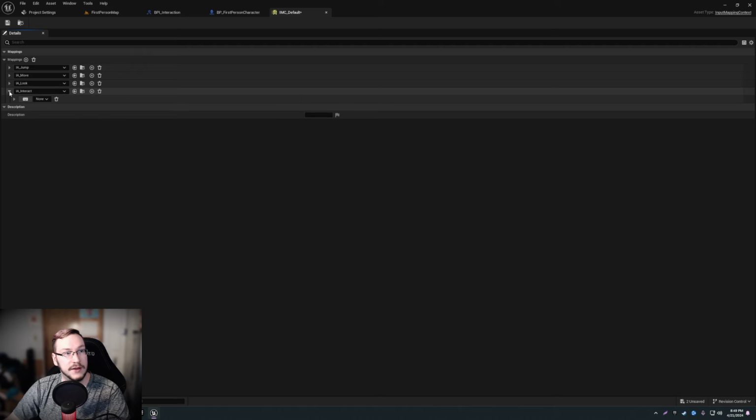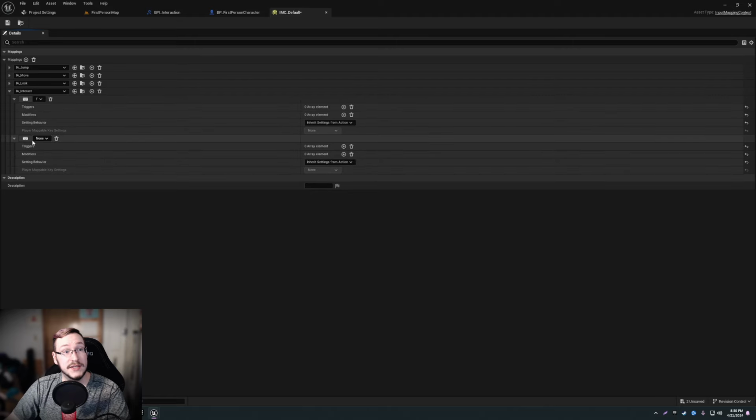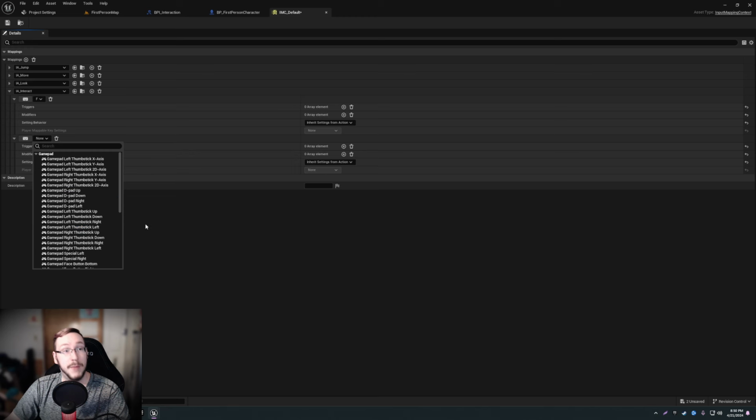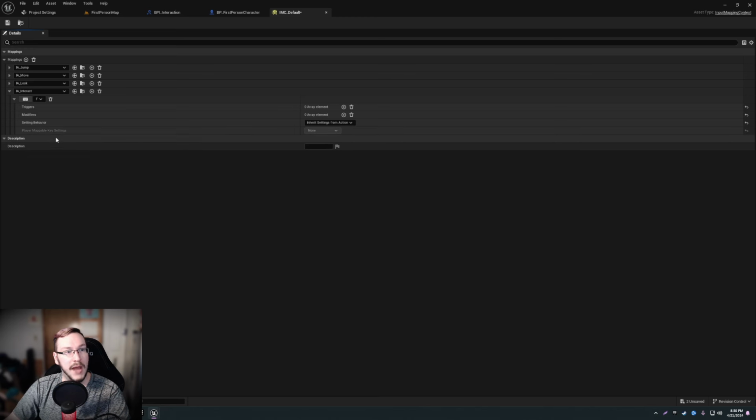If we further expand the interact, you'll see that we have this little select the key value keyboard here, and it's set to none. I'm going to set my interact to F. So what I can do is just click this keyboard and press F. Something you can do if you want multiple key bindings on one thing is you can actually go here and hit this plus, and you'll see that it's given me an additional value that I can use as a key binding. This is useful because if you look, we can actually go in and go to gamepad and set up different gamepad keys as well. By default, I'm not going to do this, so I'm just going to go ahead, leave interact set to F,